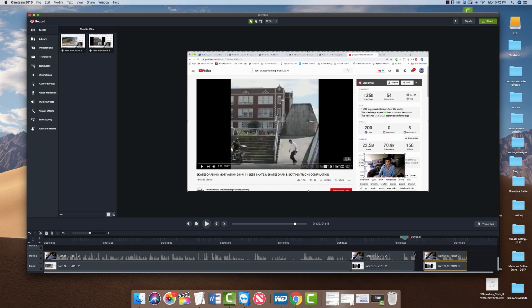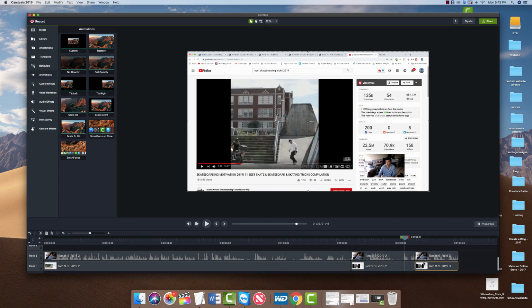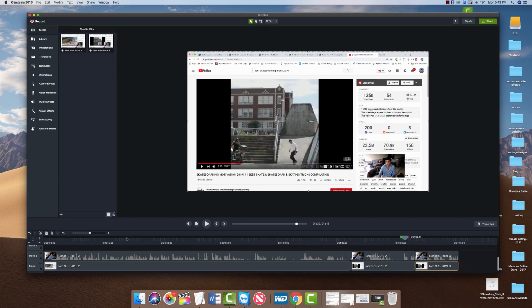If you look really close down here, you can see that the screencasting bar might not match up perfectly with the audio, in which case you can just click on one end and just kind of drag it in like that until it lines up, because you don't want any gaps. Alright, perfect. So now that we know how to look at the sound bars and do the ripple delete,